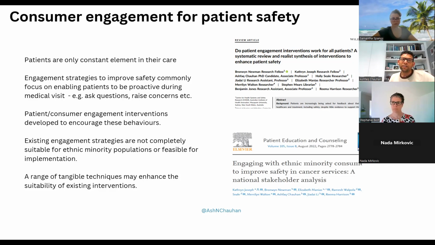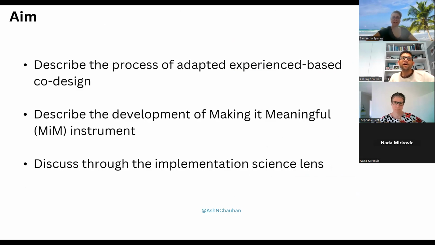Through these focus groups, we identified that current engagement strategies are not completely suitable, but they can be adapted, with some adjustment to make these existing strategies feasible for implementation with CALD populations. From this work, we designed the first co-design, co-designing with people from CALD backgrounds at one cancer service, to see what issue they would like to address in that service and how we go about developing this tool.